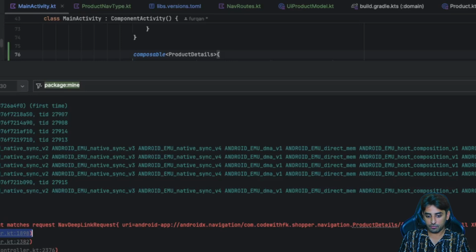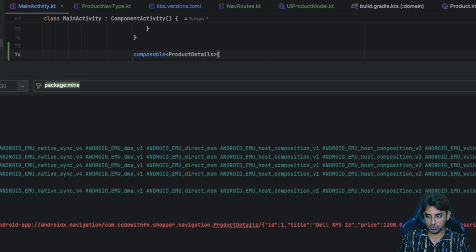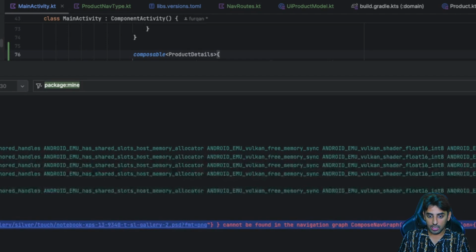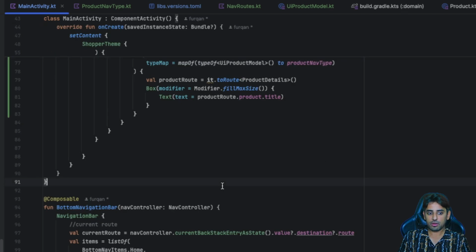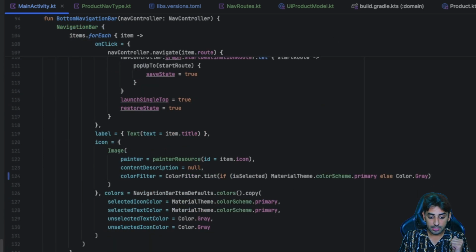So basically it's not able to find that specific thing, and the reason lies over here, like this URL. Since we are using a URL, it breaks the navigation because Compose navigation follows the traditional web-based navigation system, where a slash is supposed to redirect to a new resource. Okay, and since we have image URLs in our product, when we convert it to a string, it has those slashes, and those slashes